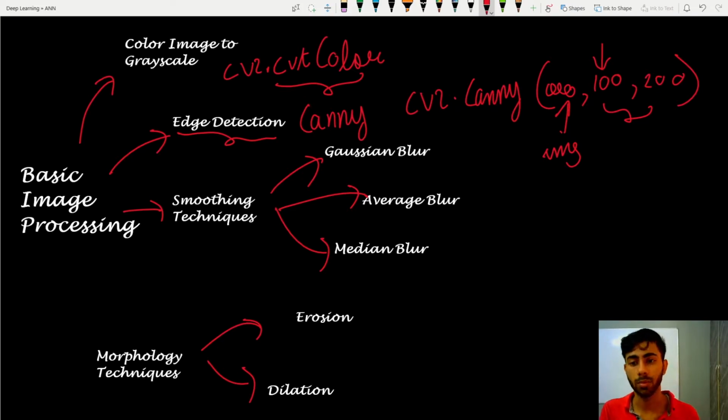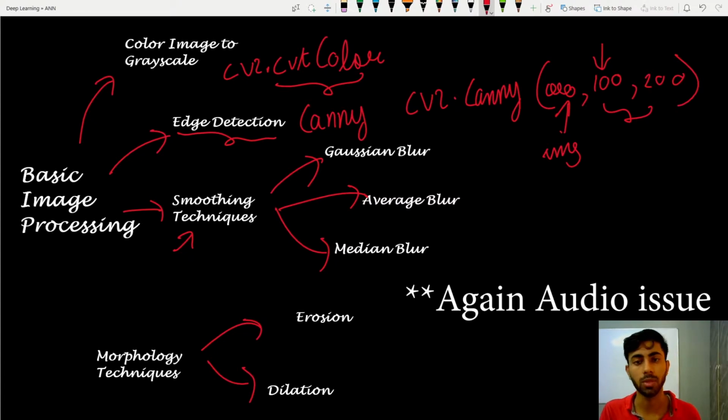Then comes your various smoothing techniques like Gaussian blur, average blur and median blur. So smoothing techniques are used to reduce noise, that is to reduce excess pixels that are not of much worth, and produce a little blurring effect on your images. So whenever you want to provide a blurring effect to your images, or you want to reduce the noise present in your image, noise meaning unnecessary pixels on your image, then you have to use smoothing techniques like Gaussian blur, average blur and